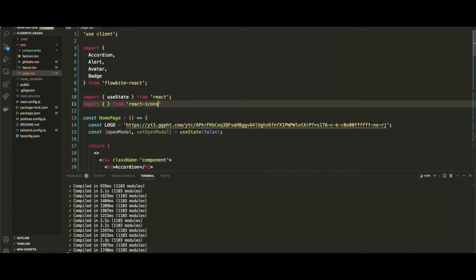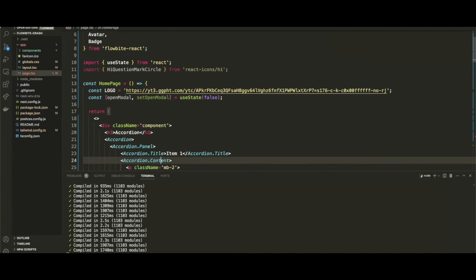You see the auto suggest is working, but now we have to say slash, and because we're going to be using the hi icons, so we're going to say slash hi, or just hi semicolon. Now within these curly braces, we're going to bring in the hi question mark circle icon like that. All right, so now we can use this icon within this